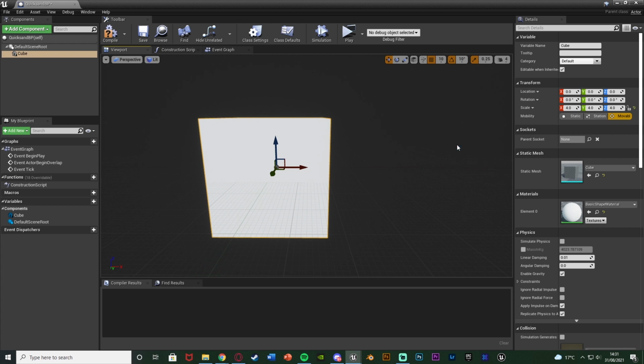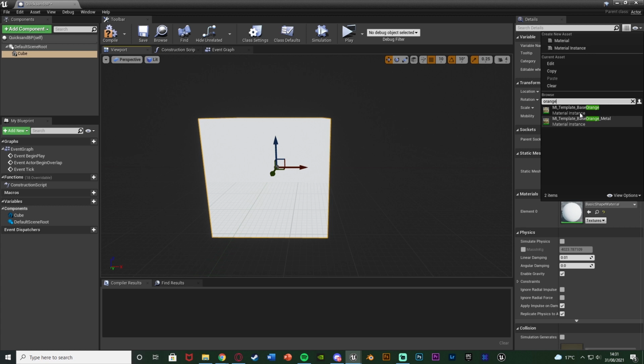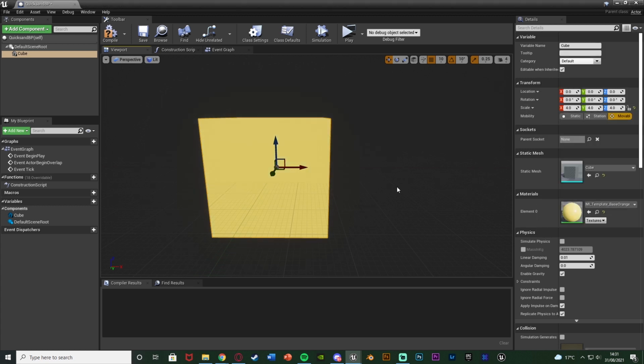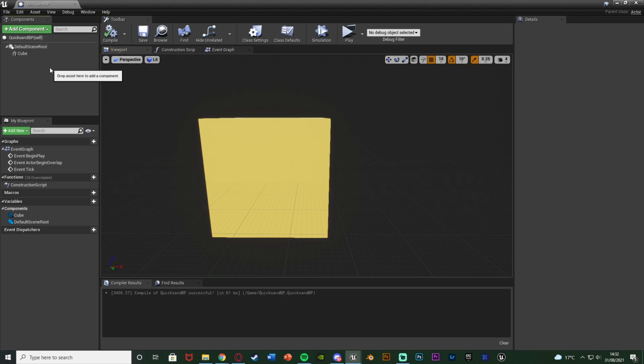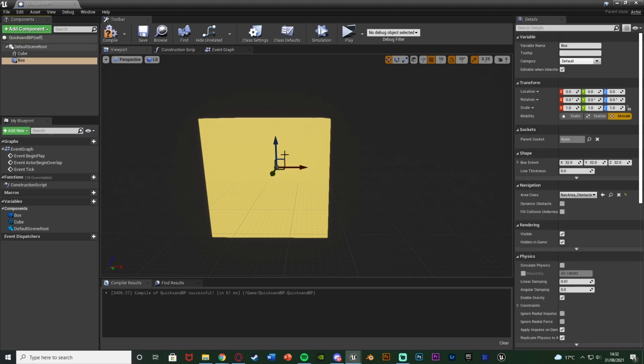And again, I've got the depth on it as well, because if you're sinking into quicksand, you're going to want to make sure that you do actually have that depth for the player to fall into it. And for the material, I'm also just going to set it to a starter content orange color, just the M template base orange there, because that gives a very basic kind of low poly sand texture and material to it. Compile, save, deselect that, add a component, adding a box collision,